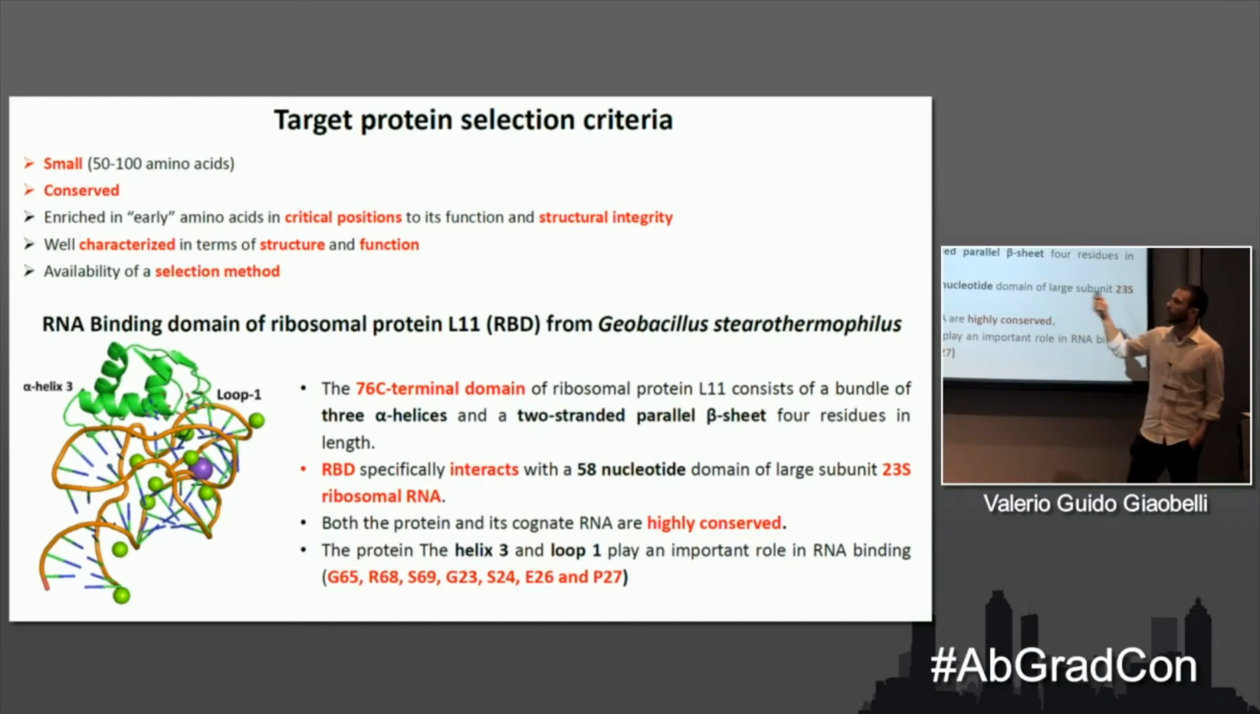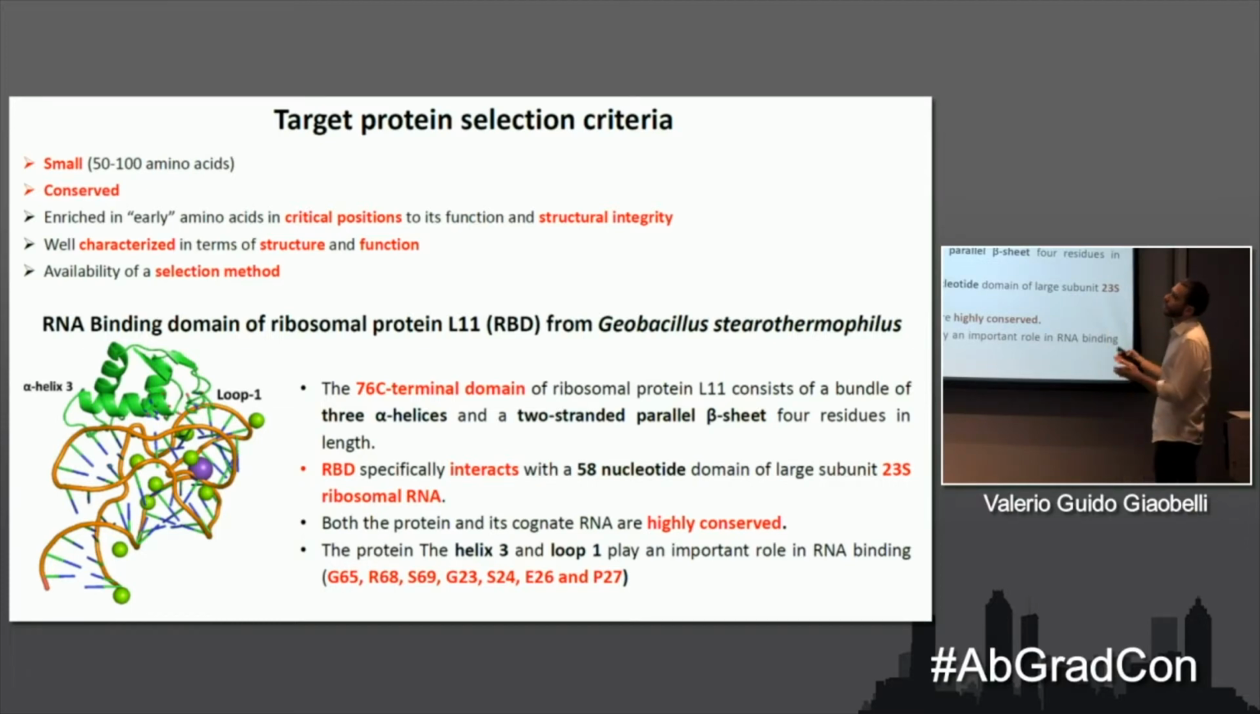Second, the protein should be conserved. This criterion is also really important in order to reduce the size of the library, because we can use multiple sequence alignment or structural alignment to reduce the size of the library. The third criterion is that the target should have the early amino acids in